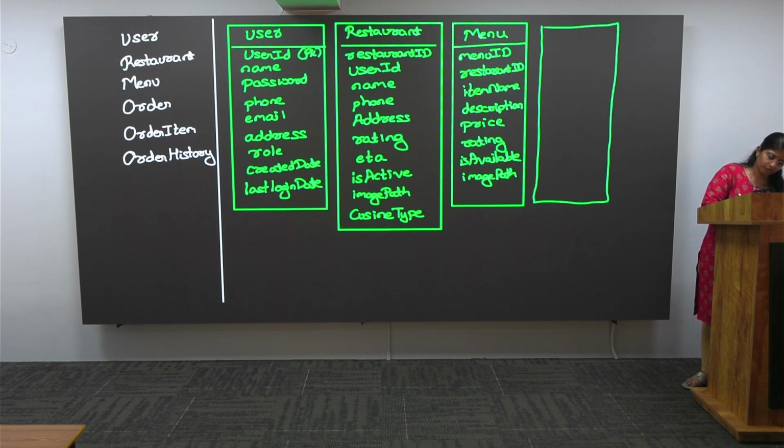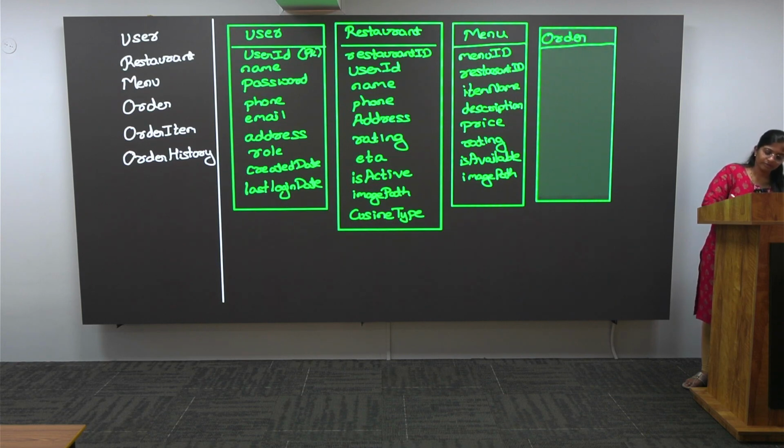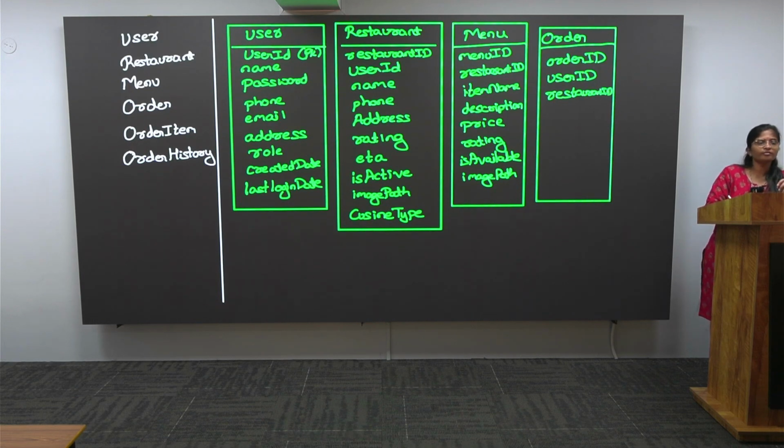So let's see what all the things will come under this. Order, order ID. Okay, in the order, what all the information will be available? The user who has ordered it, correct or not? So user ID will be there. Next, from which restaurant they have ordered, that also should be there. Next,